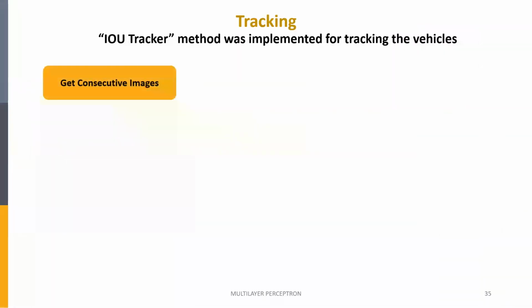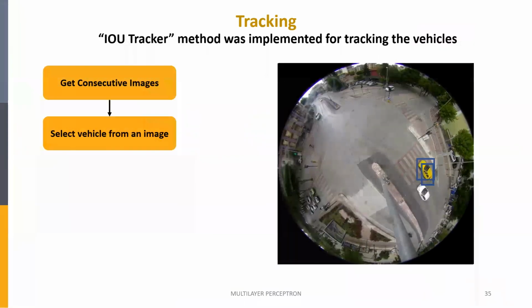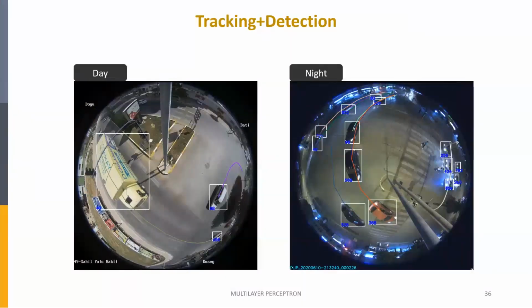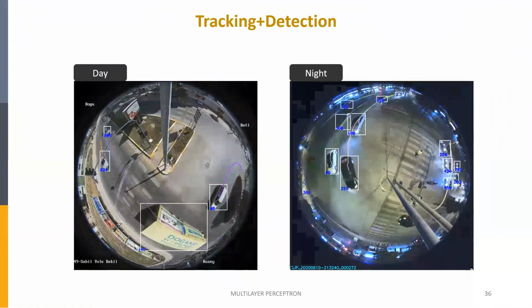In the case of tracking, we use the IoU tracker method. First, we select a vehicle from an image and calculate its IoU with all vehicles from the next image. The one with the highest IoU is the same vehicle. This method proved very efficient and effective. So now we'll show you the detection and tracking output of our model for both the day case and the